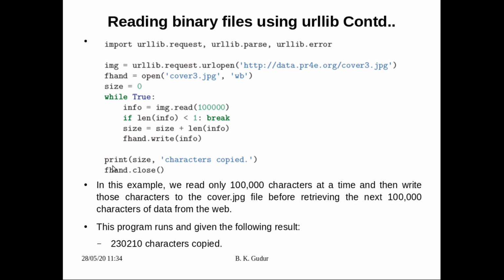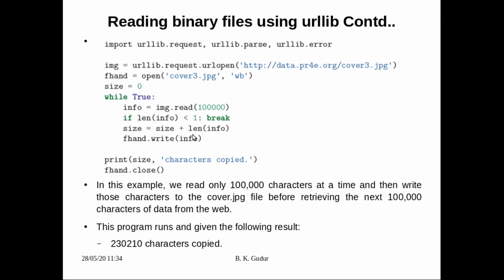Later we are going to close the file. So we can print how many bytes we have read, basically the characters here indicate the bytes, because it is normally non-printable characters. If we are downloading an audio or video file, it will be non-printable characters. Let us consider them bytes in general terms, so we will consider that as bytes.